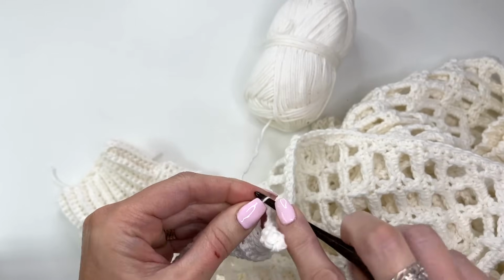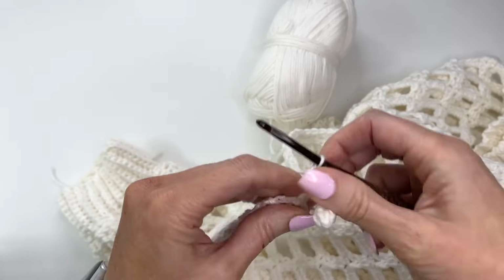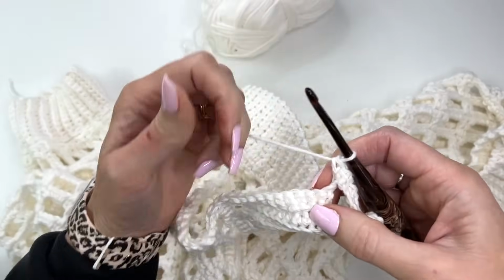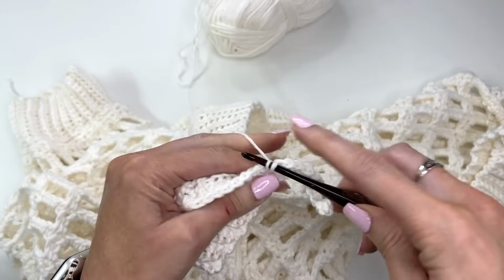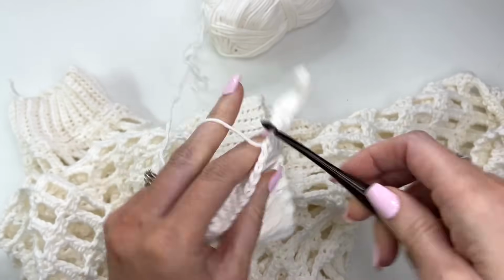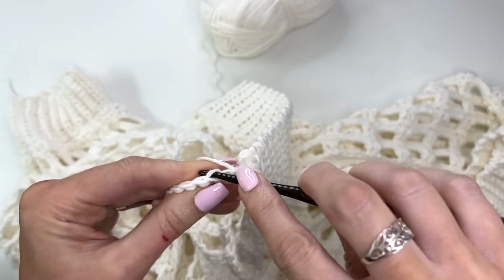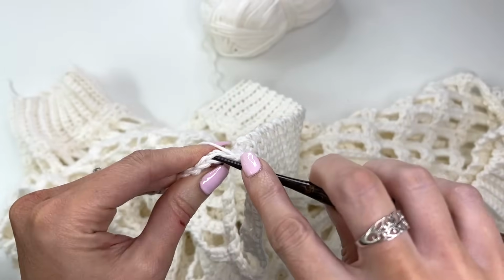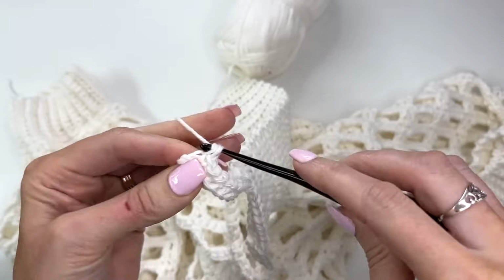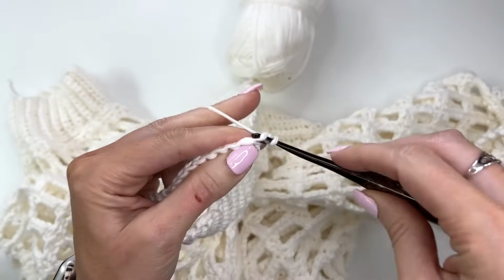Okay, so there is 10. Just gotta get through that right. 10 stitches. Okay, so what we do now, always with the first, we skip the first stitch, slip stitch into the next 2. And then we're gonna go back, working in the back loop only, 10 stitches, 2, chain 1 and turn, single crochet in the back loop only,